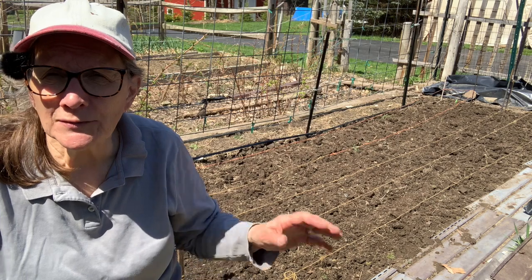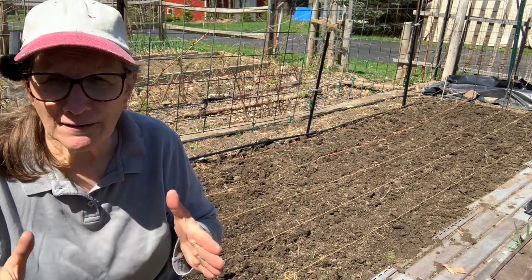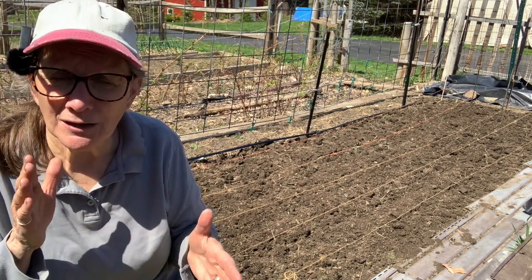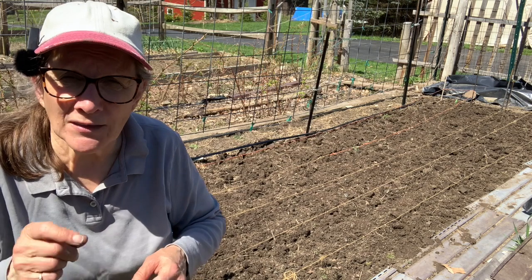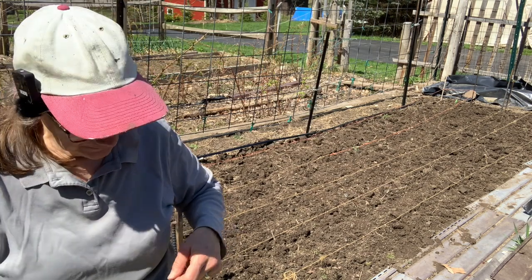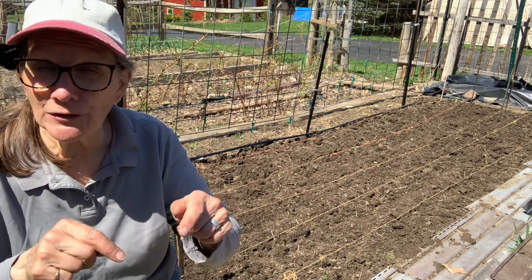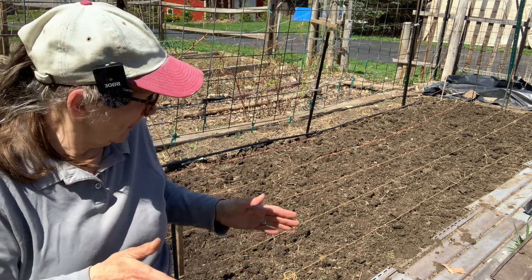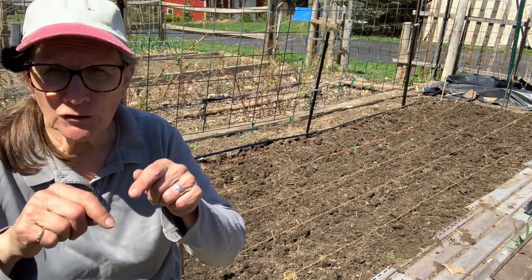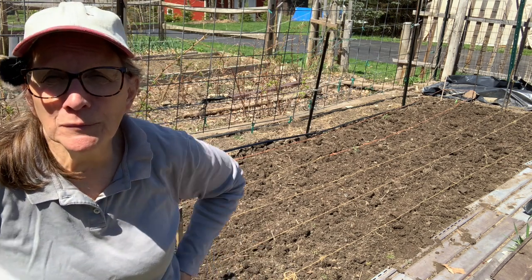Also, you want to plant them about 4 to 5 inches apart. But some of these I'm going to be planting a lot closer, about 2 inches, and then taking out every other one. Some of them I might be alternating, so I have a double row but alternated, and then my drip irrigation will go right down through the middle of those two,